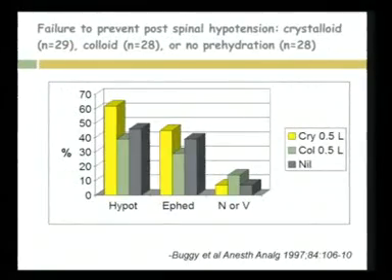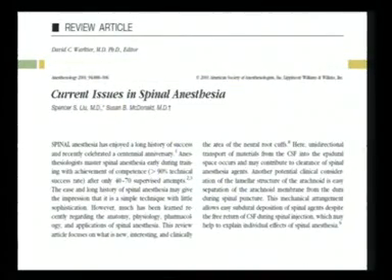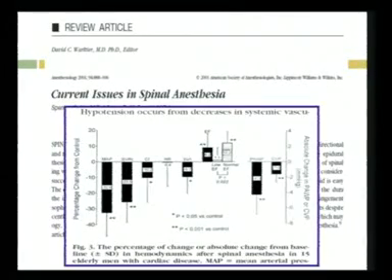Now, the first such article appeared in 1997, and then there were a series of such articles which said that prehydration does not alter the incidence of hypotension. Then a review article dealing with the current issues of spinal anesthesia said that it is not the venous return, but it is the arteriodilatation and the fall in systemic vascular resistance which is the predominant main cause for the